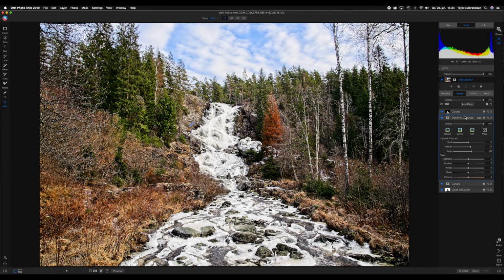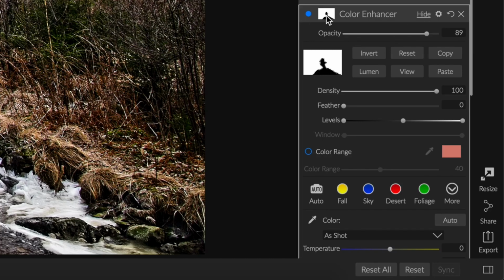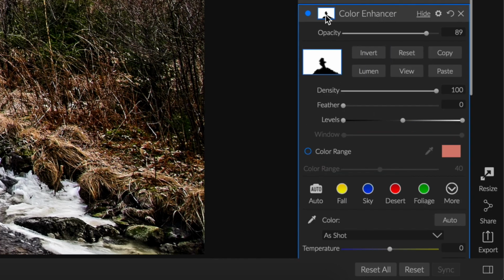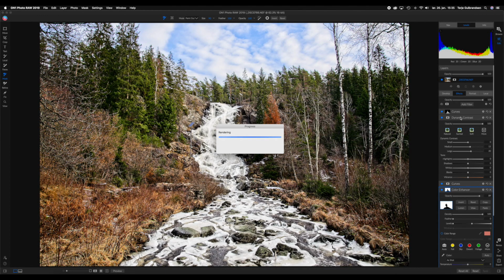So let's just start with the waterfall. To make the mask on the waterfall, we are not going to paint it out with the masking brush. We are actually going down to the color enhancer and we're going to copy that mask. So make sure you click on the show hide mask and click on the copy button. Then after it's rendered, you go into the dynamic contrast filter, you click on the masking button, and then you